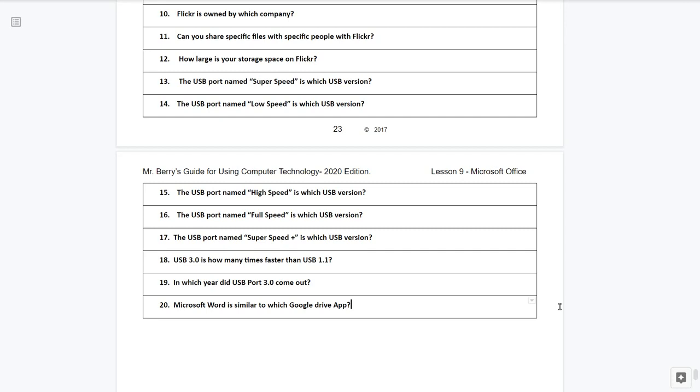Question number 17. The USB port named SuperSpeed Plus is which USB version? Question number 18. The USB 3.0 is how many times faster than USB version 1.1?